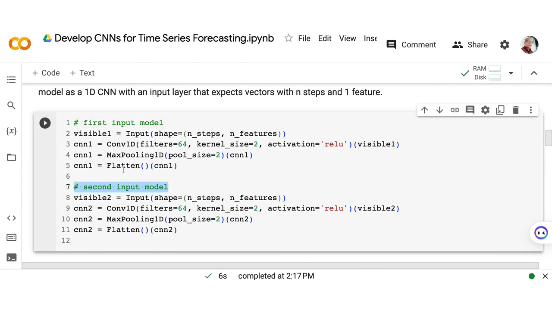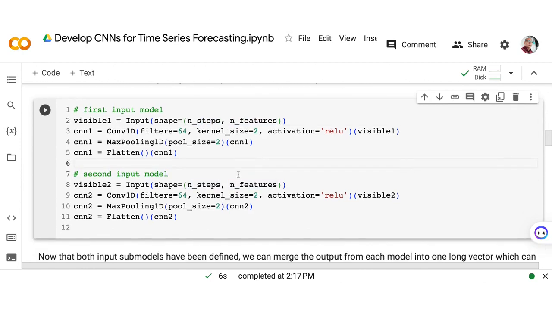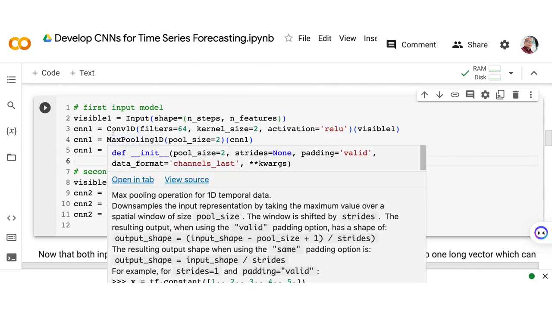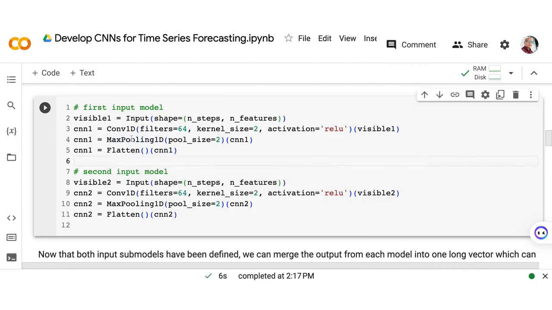And if you notice, the shape of our first input model is the same as the shape of our second input model, which has the following shape: the number of steps and the number of features. Now, inside this first model here, we have the appropriate convolutional neural network and the max pooling and then the flattened layer.